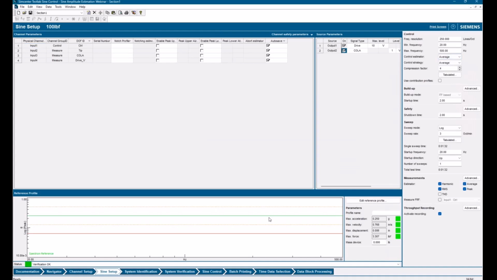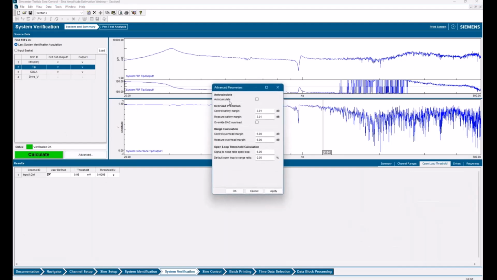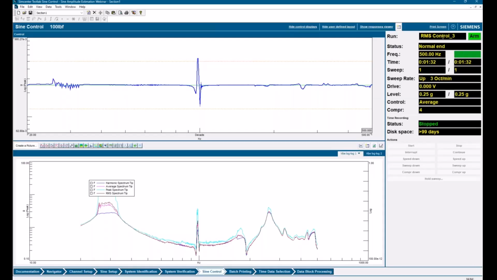Now we'll run a sweep with average. Do this real quick. Average control.